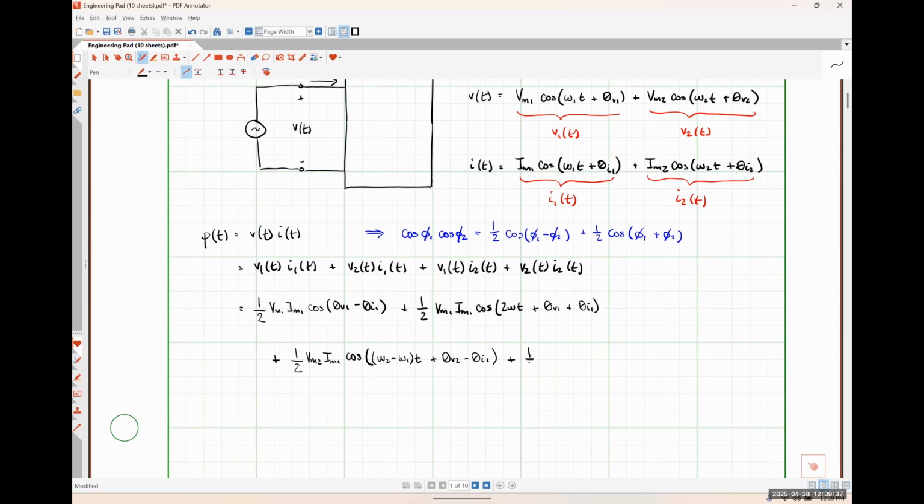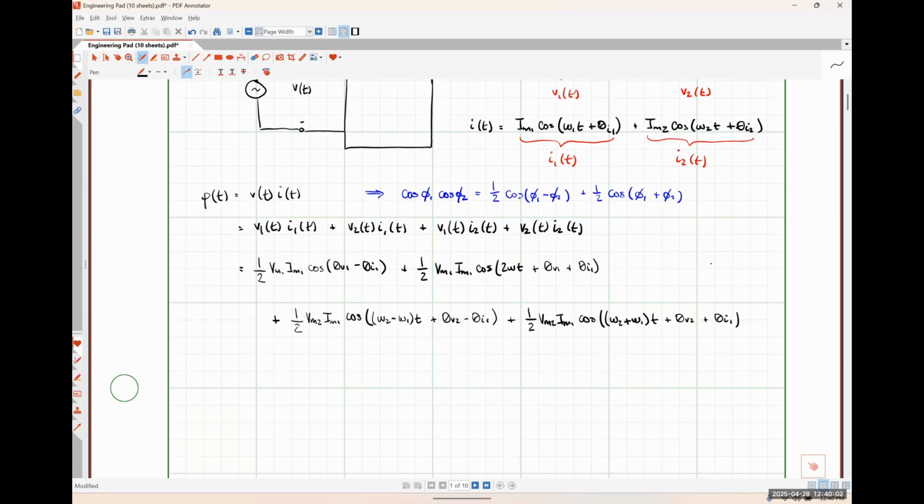Now, applying the second part of that trig identity, I'm going to have 1/2 VM2 IM1 cosine (omega 2 plus omega 1)t plus theta V2 plus theta I1, like so. And continuing on, now I'm going to do the